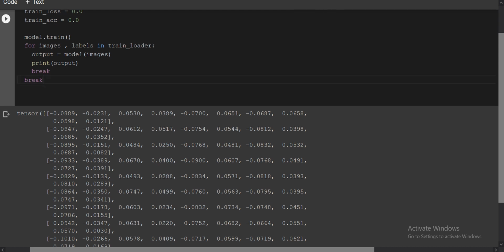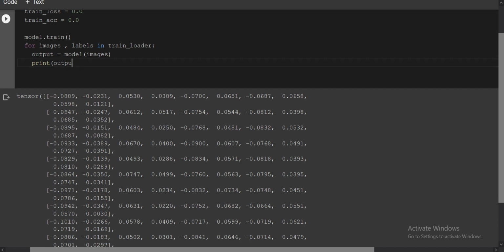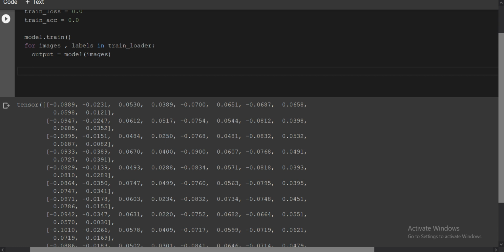No need to write this again, this was just to show how we are looking at it. Before the loss, we first write optimizer dot zero grad. Basically it sets the gradient to 0 for each batch, because the gradient is calculated for each batch sample and reset for a different iteration.